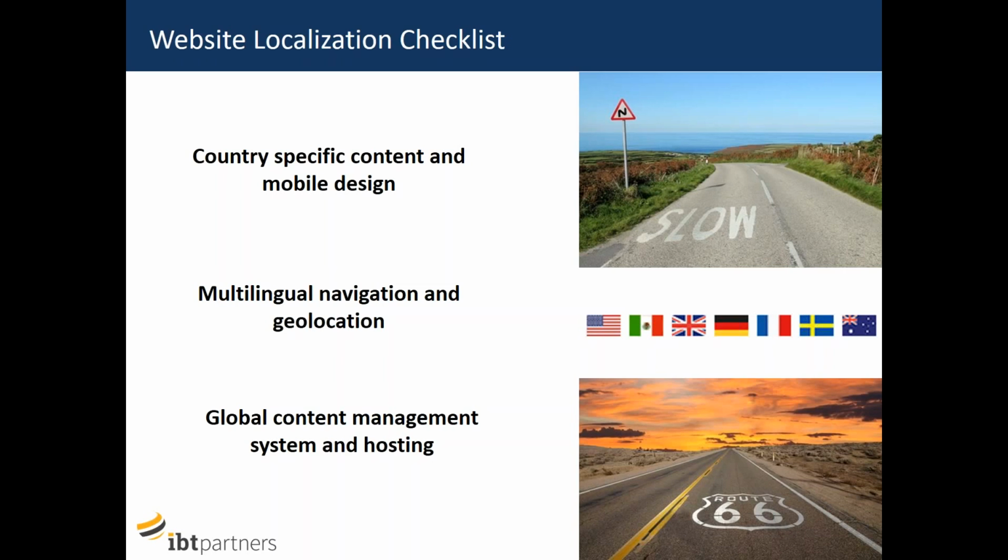This allows any prospect looking at you to have that trust that you need to even begin the buyer's journey. And I took these two screenshots here, one of sort of a road in I don't know where, Wales or somewhere like that, and then the bottom screenshot of Route 66, sort of an emblematic road for Americans. There is a difference when people conjure up images and so on. So we find that it is really important to make sure that the content and even the design reflects the local character. The second point that we would really highlight is the multilingual navigation and geolocation.